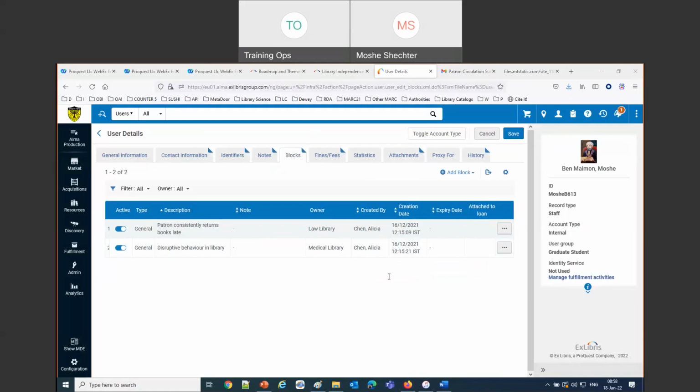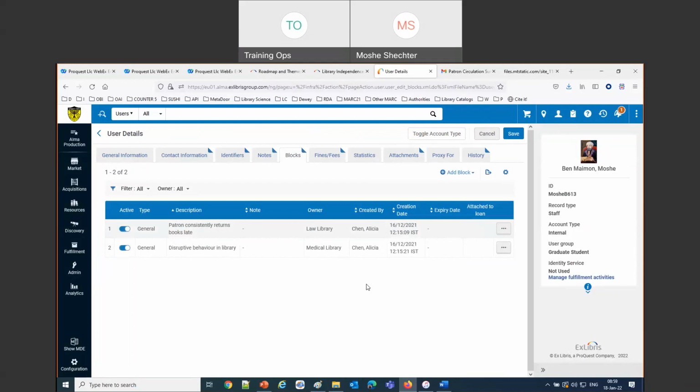Yeah, so just two short comments. I'd just like to emphasize these blocks that you're showing right now. Obviously, this new ability to define the scope of a block to a library not only means that operators from that library will be the only ones that can see it, it also, of course, means that that block only affects loans from that library. So a block at the law library will not block loans from the medical library and vice versa.